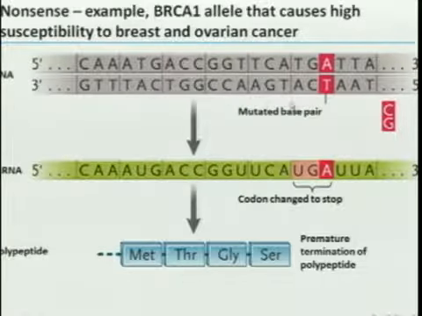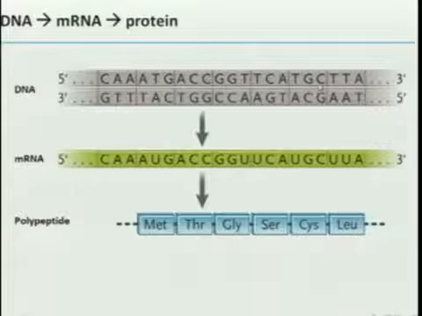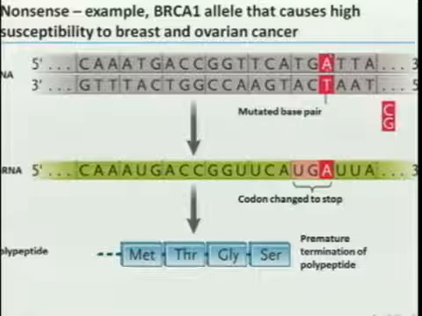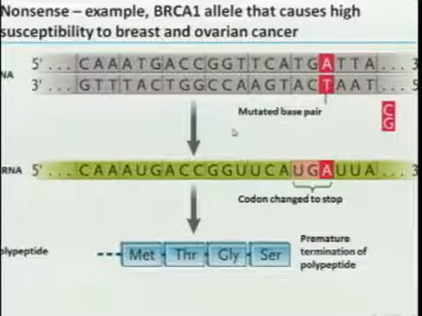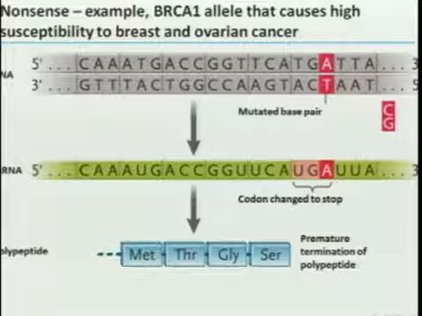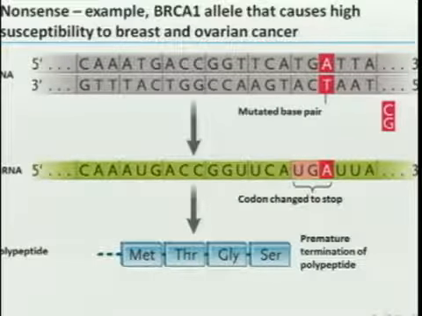here is TCA-TGA. The wild-type allele is TCA-TGC. So that base pair is changed now to an AT. That, in genetic language, is a stop. Mother Nature doesn't know it should be producing the full-length protein. It basically does what the instructions say. It attempts to translate this. It sees a stop at that position, and it stops. An example of such a nonsense mutation is an allele of BRCA1 that causes heightened susceptibility to breast and ovarian cancer.